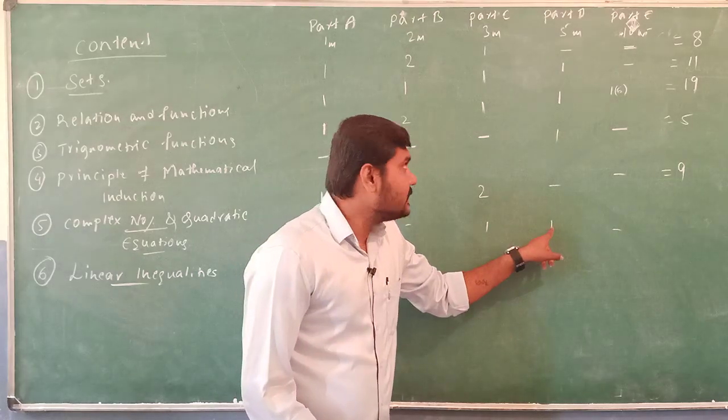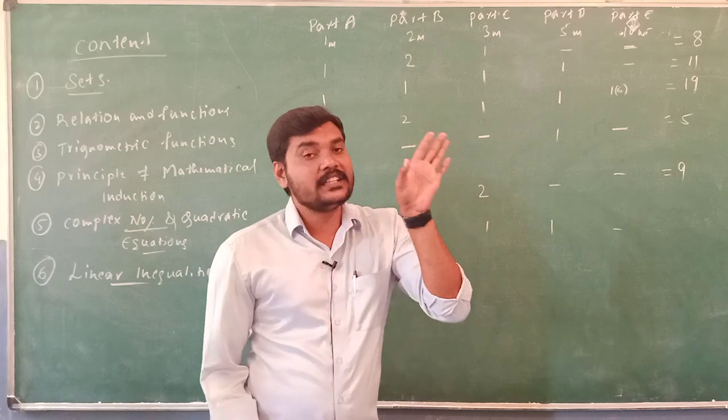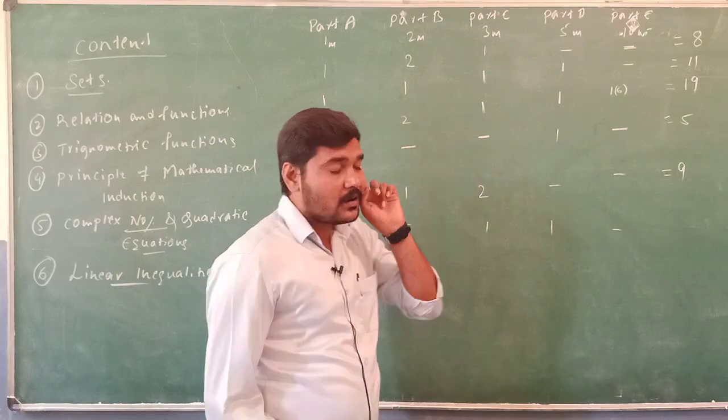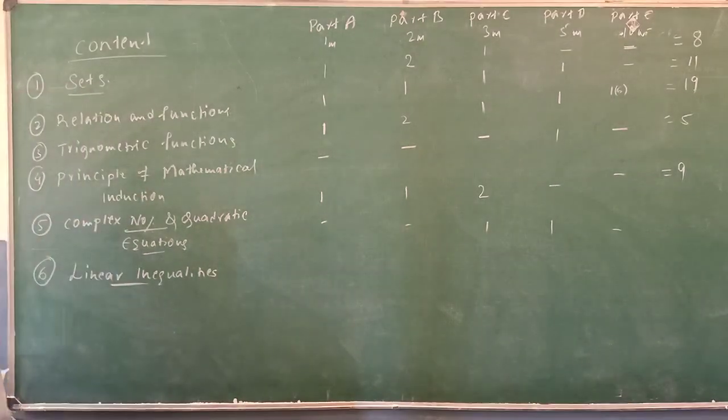Okay? But in part D, which is allotted for 5 marks, we need to find the inequalities as well as draw a graph for those particular inequalities. Okay? So then the seventh chapter